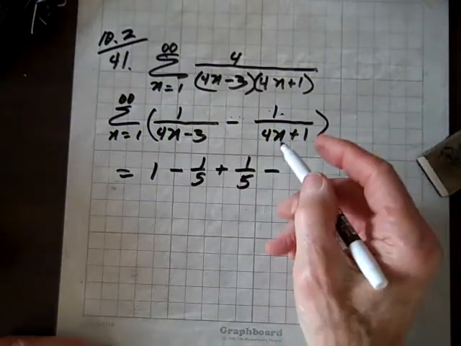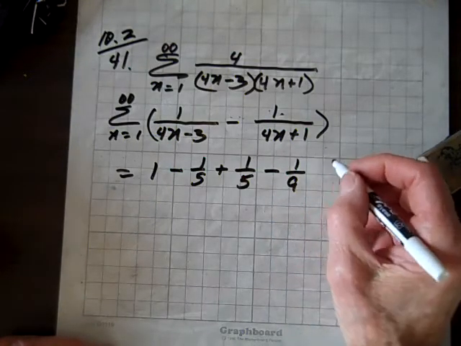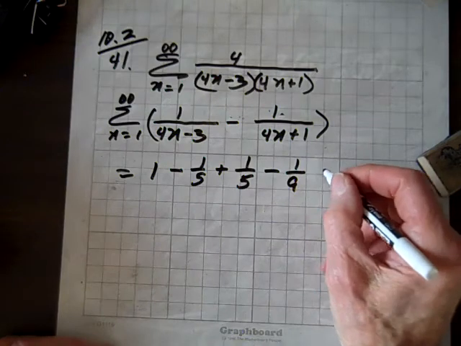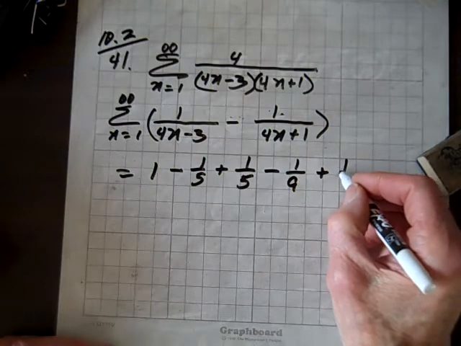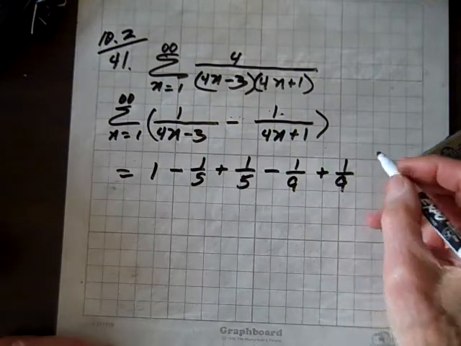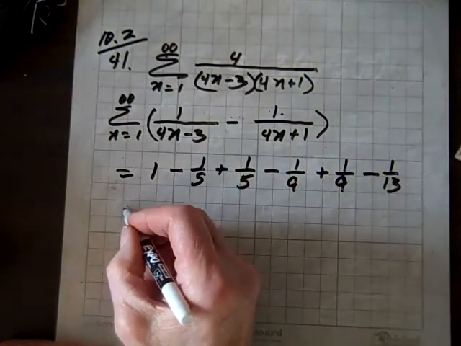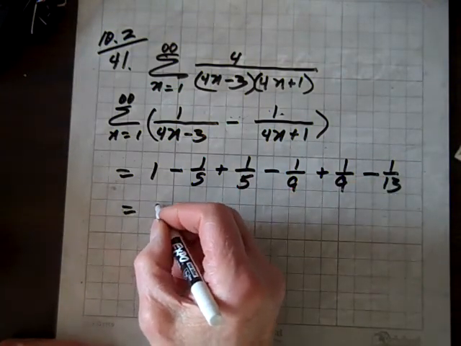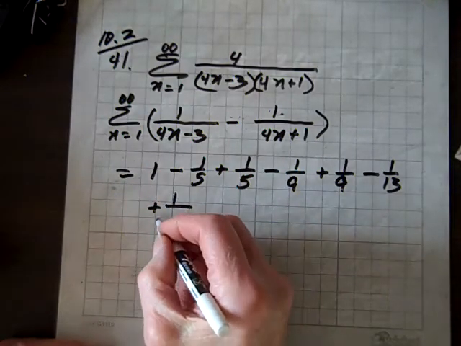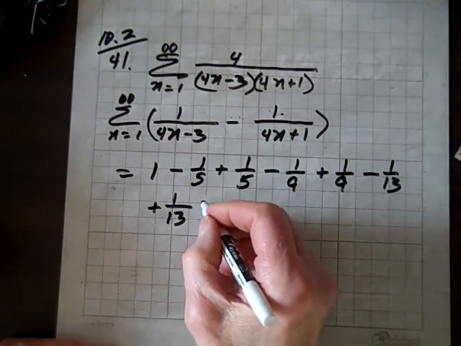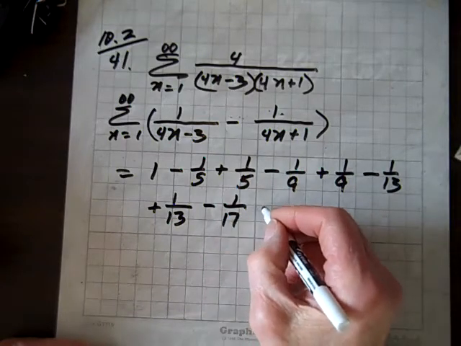Excuse me, 1/9. If we let n be 3, we'll get plus 1/9. And letting n be 3, we'll get minus 1/13. Let n be 4, we'll get plus 1/13 minus 1/17, and so on,